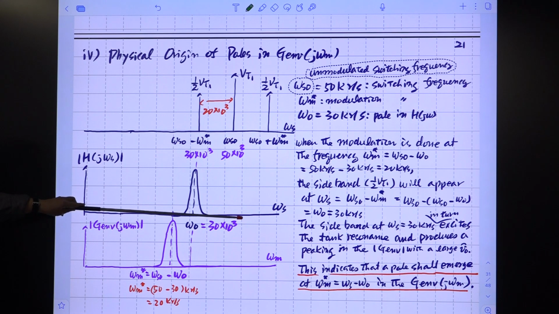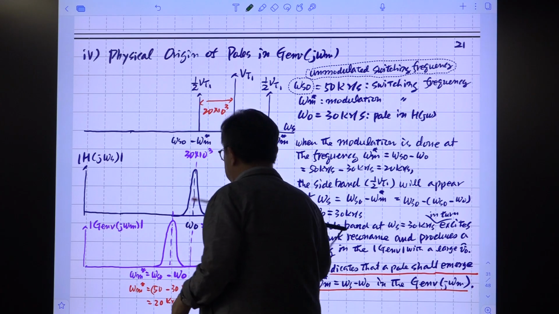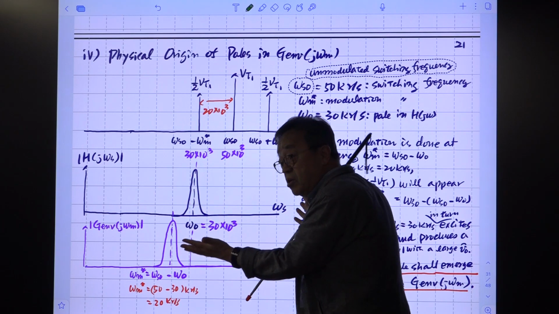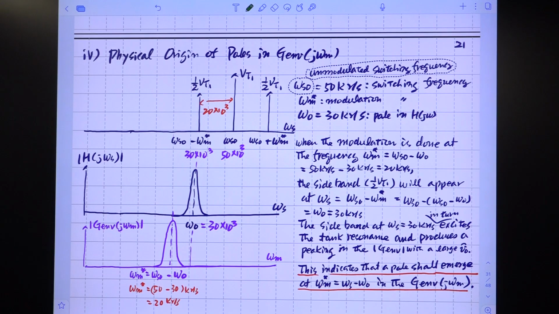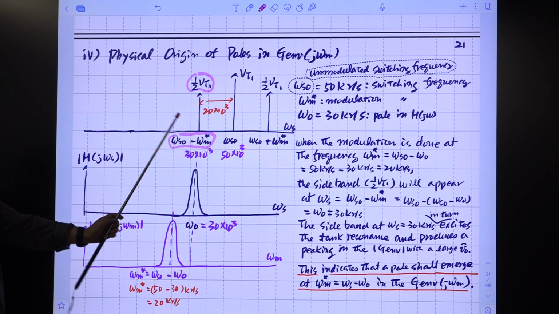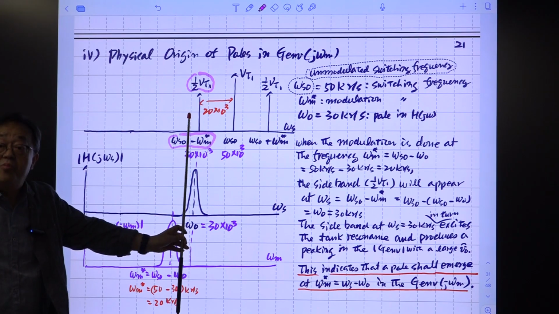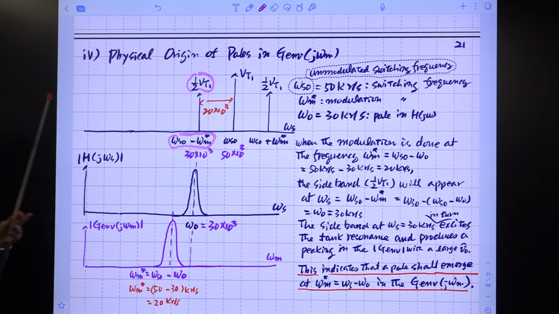And this is the tank transfer function. Suppose the tank transfer function has this high gain at the resonant frequency, and the other gains are very small, so a very high Q filter, a high Q resonant circuit. If this term occurs at this frequency, and this frequency is the same as this frequency, then this sinusoidal component is touching the resonant frequency, so there will be resonance. Something will pop up here.